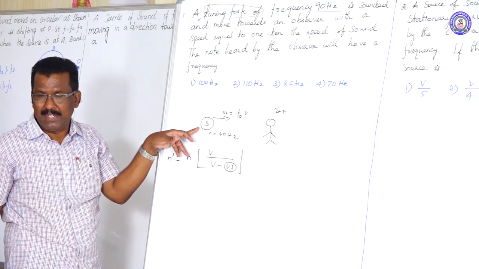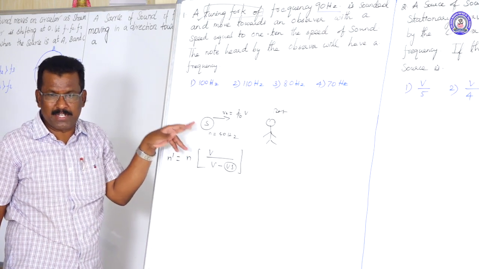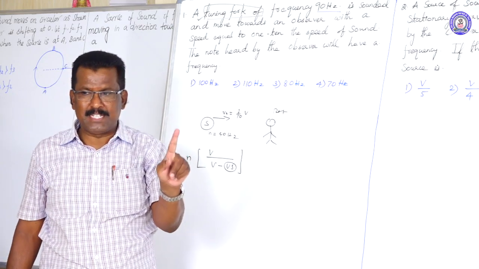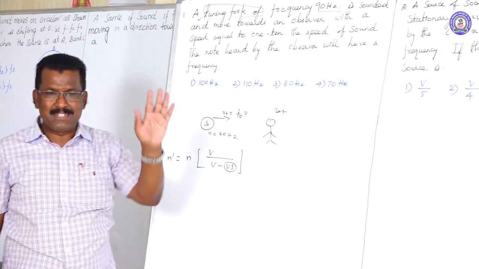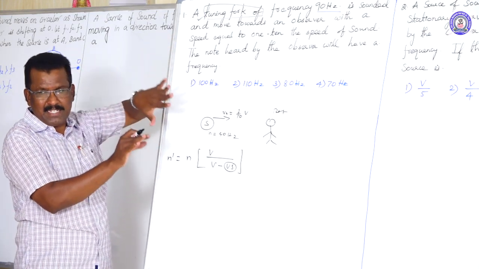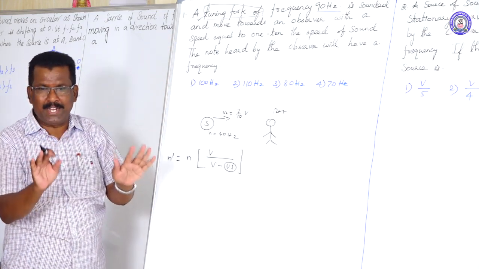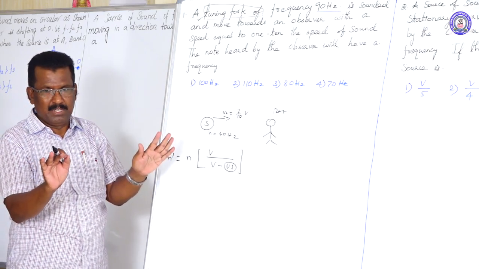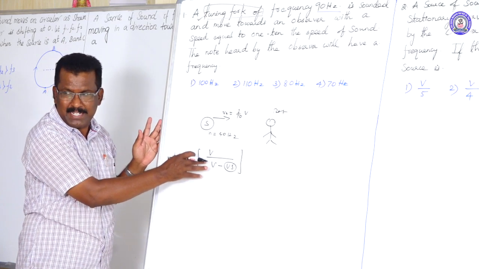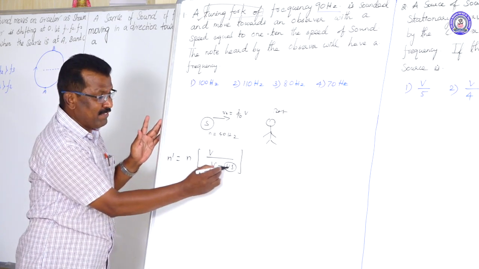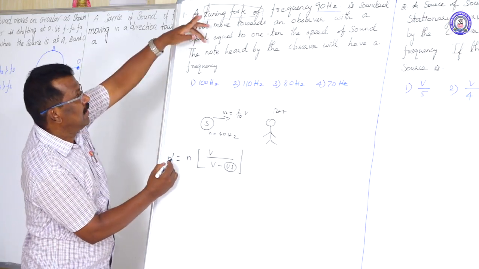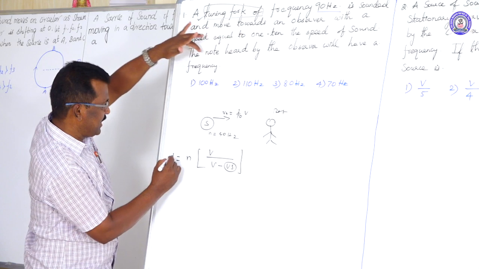It may be 330. We know that the velocity of sound at 0 degrees Celsius is 330 meters per second, and for 1 degree Celsius it increases by 0.61 meters per second. But generally in this kind of problem, the velocity of sound is given. If the velocity of sound is not given, by default you take 330 meters per second. There is no need to put the velocity of sound because we are going to cancel the V, since Vs is equal to 1/10 of V. So the note heard by the observer, that is n prime,